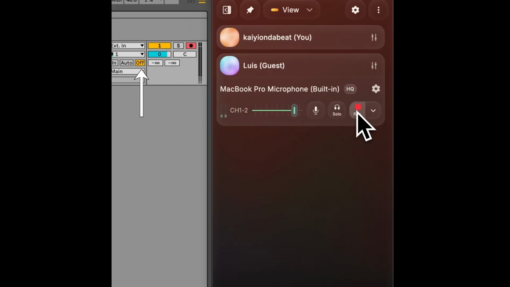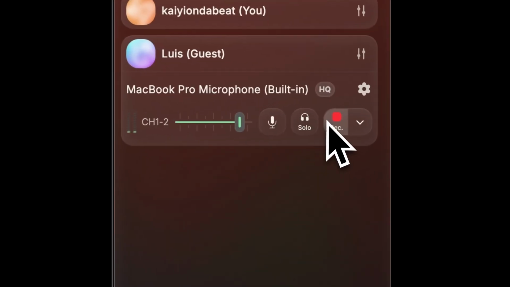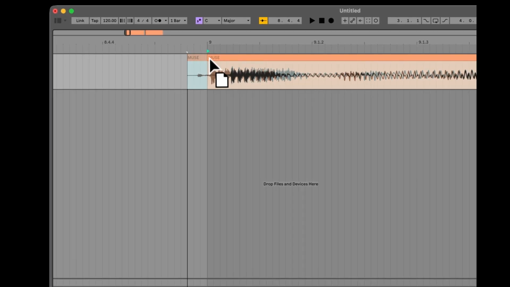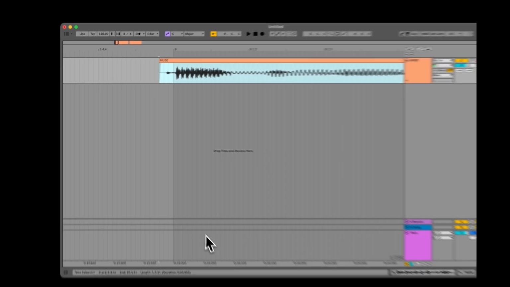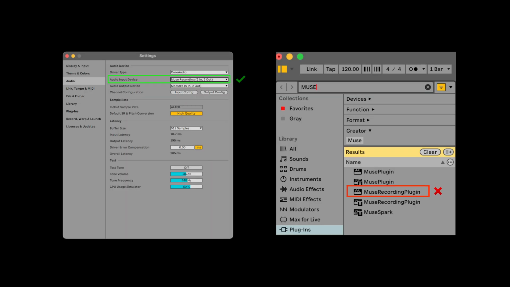Turn off monitoring so you and your collaborators do not hear an echo. Press record in your DAW as you normally would to capture the performance. To end the recording, click stop. You may notice some latency depending on network conditions, but you can correct this afterward by dragging the audio clip into place. It's important that when using the Muse recording device, you do not need to use the Muse